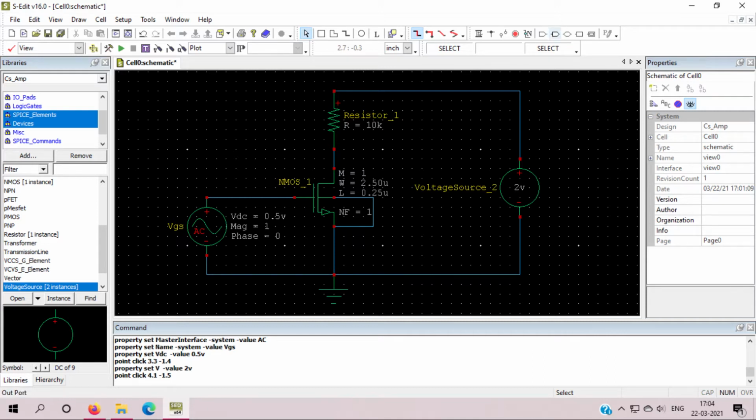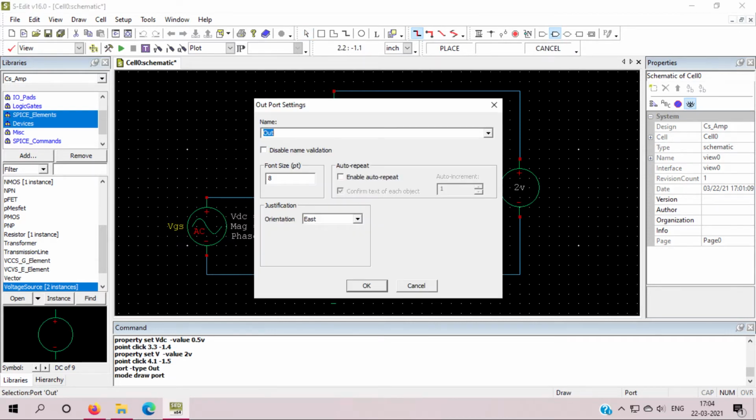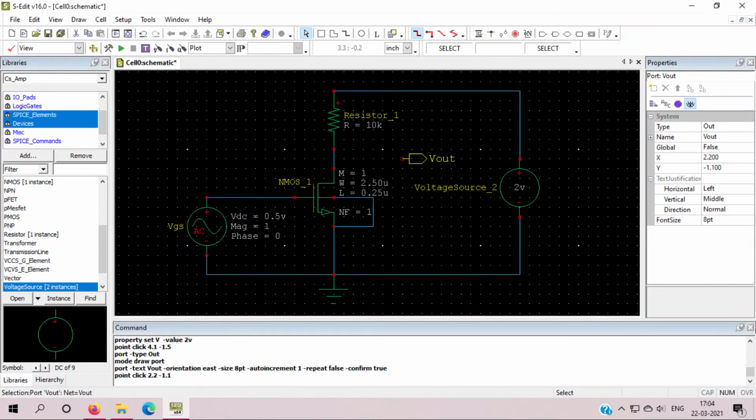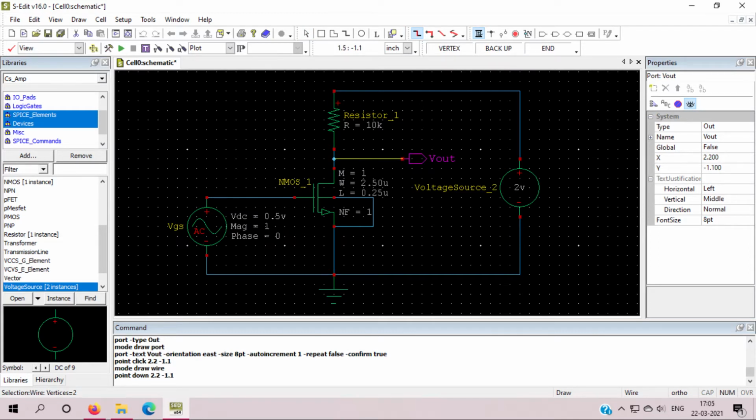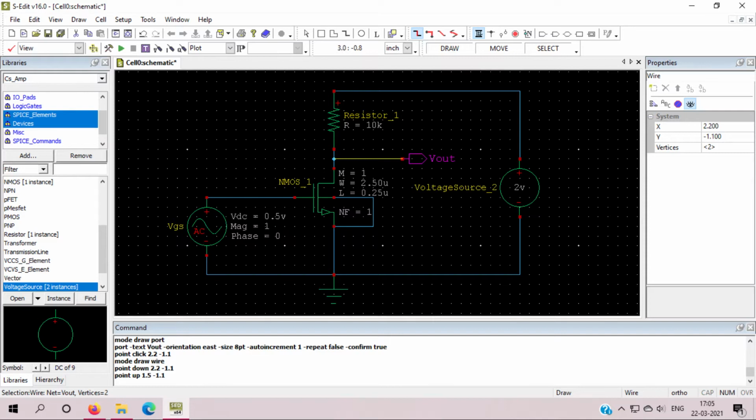As you can see from here, we can select one out port, and I will drag it to this place, and I will give its name as Vout. Now I will give the connection from Vout, because we are going to get the output from here.